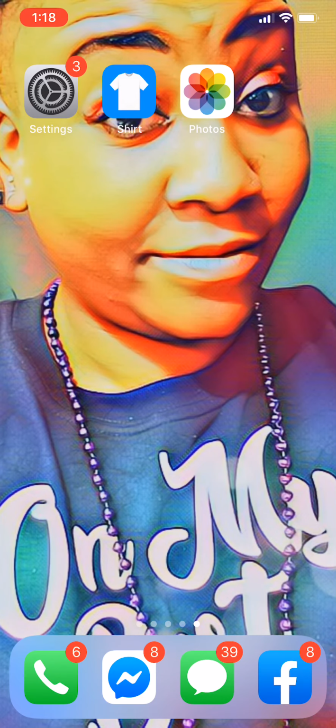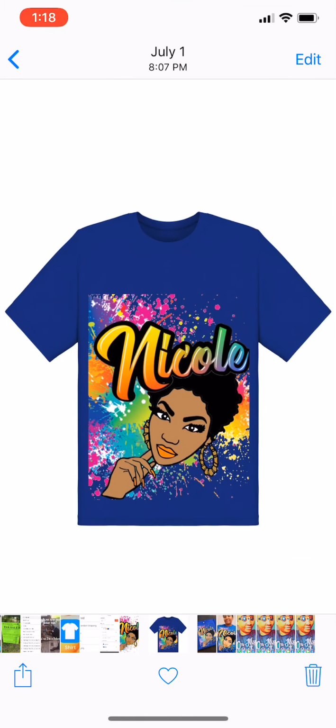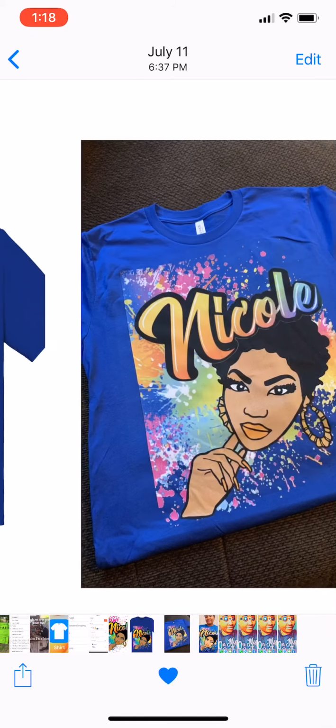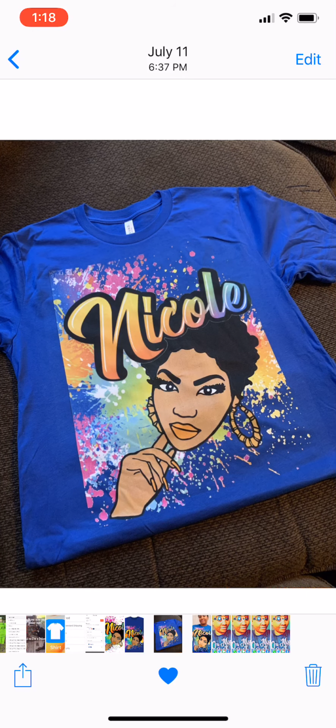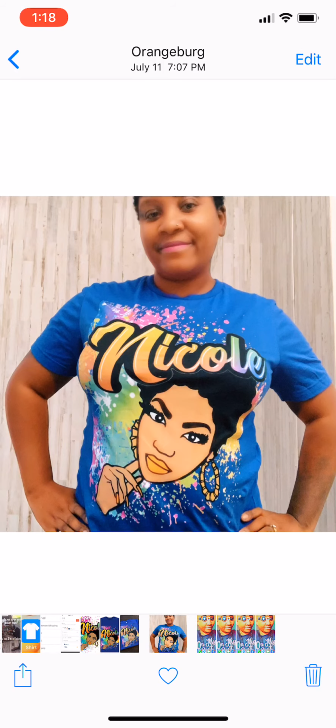Shirt app. I came across this app. I actually created this particular design using Scal 5, and I have a lesson on how I created this design as well. I absolutely love the app because it's easy to navigate, and once I got my shirt, it was very soft to touch, very vibrant in color, and everywhere I go I get compliments on how beautiful this